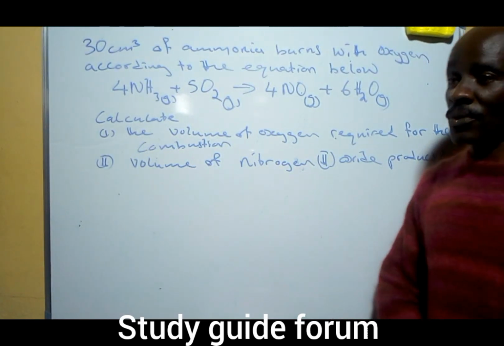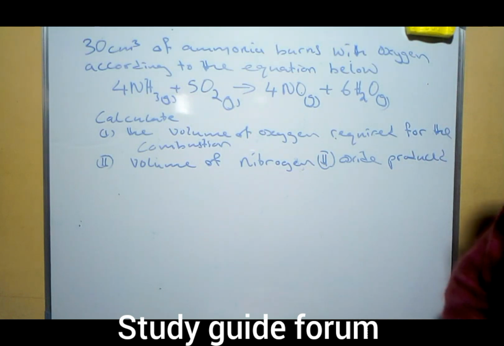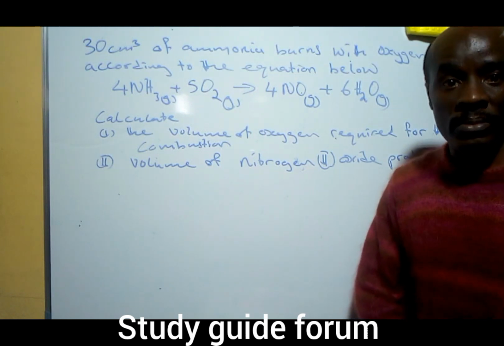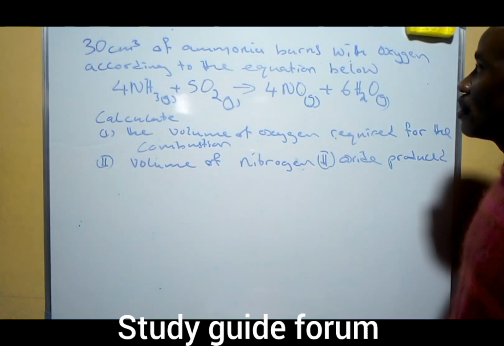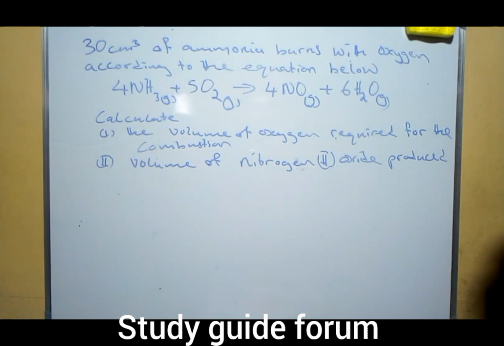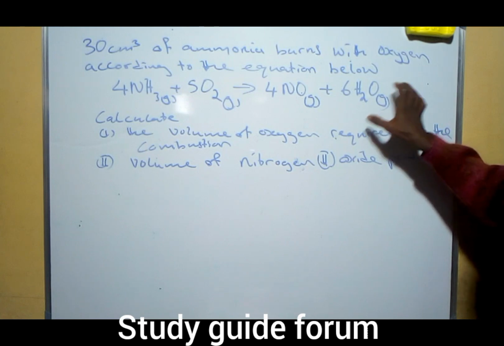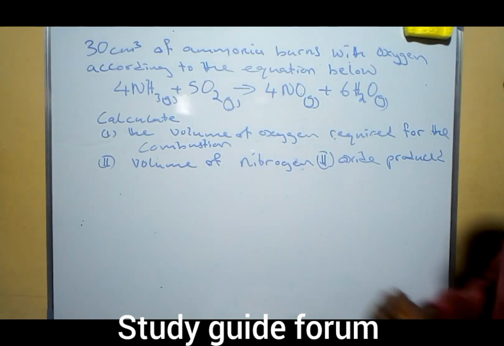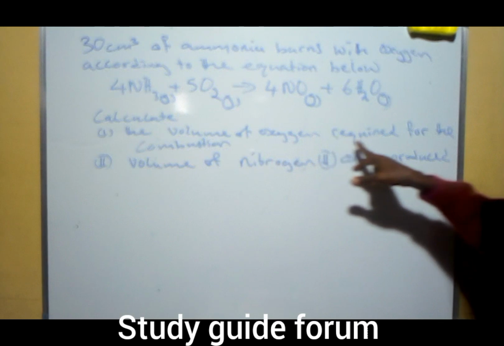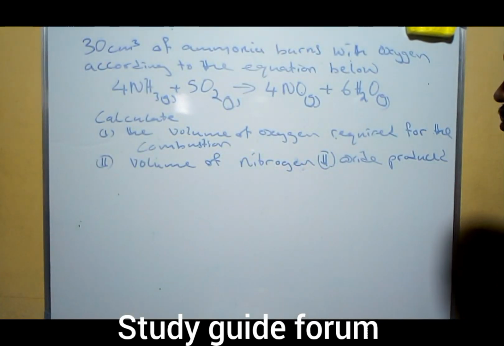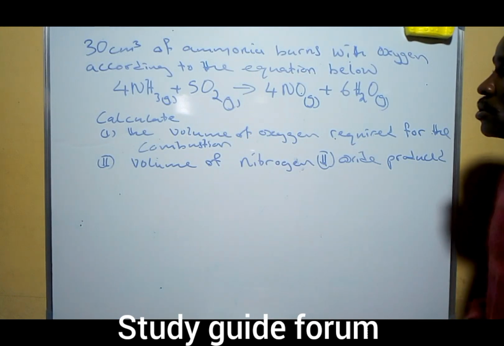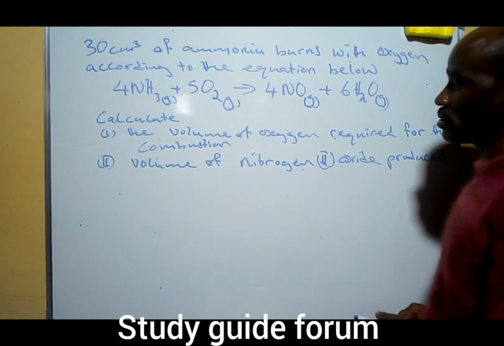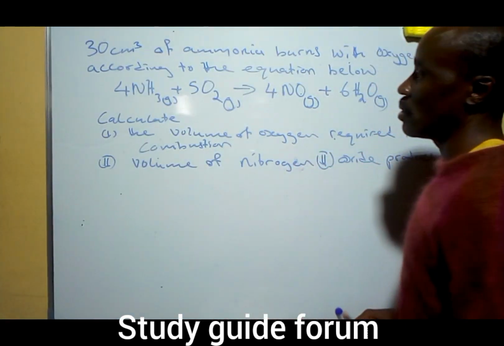Today we'll be looking at a question that has to do with the reaction between ammonia gas and oxygen. In this question, it said that 30 cm³ of ammonia bonds with oxygen according to the equation below. This is the question we have there. Then it said calculate the volume of oxygen required for the combustion and the volume of nitrogen(II) oxide produced. So from the chemical equation we have here, you can see that